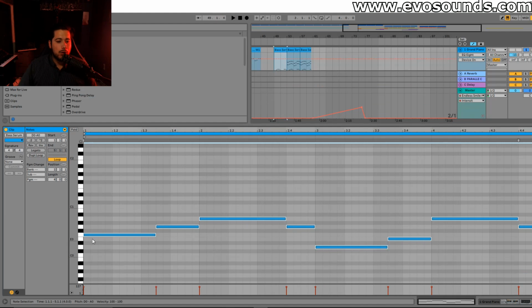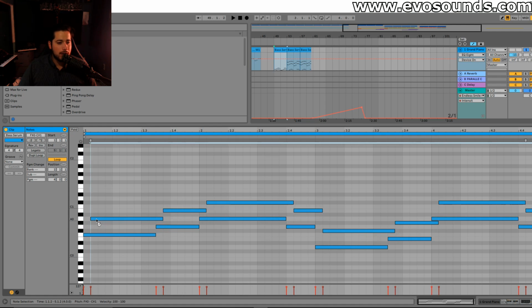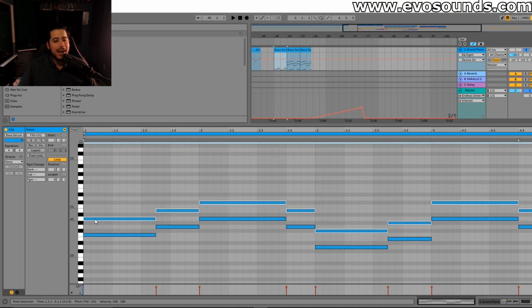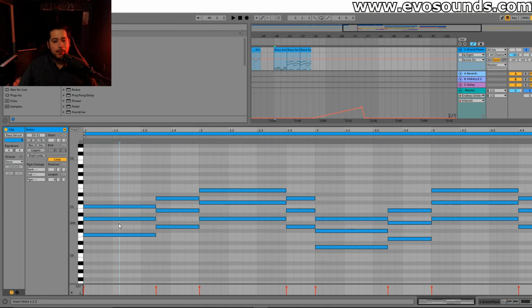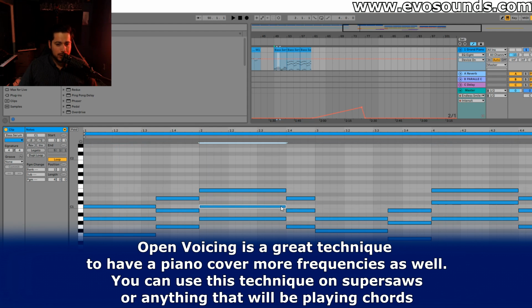Very standard. We make chords with it. Just count 2 notes up in the scale. 1, 2. That gives us the second note in the triad of the F major chord, and then 1, 2 again. Okay, now from here, we're going to open voice this after we fix just a couple of notes that are